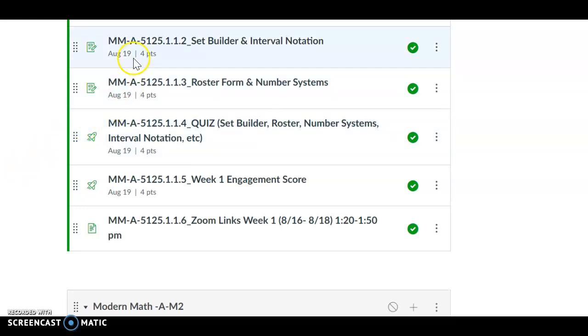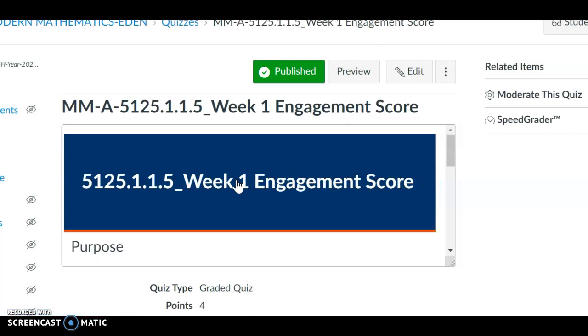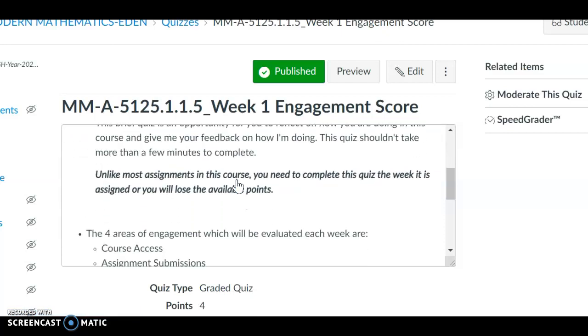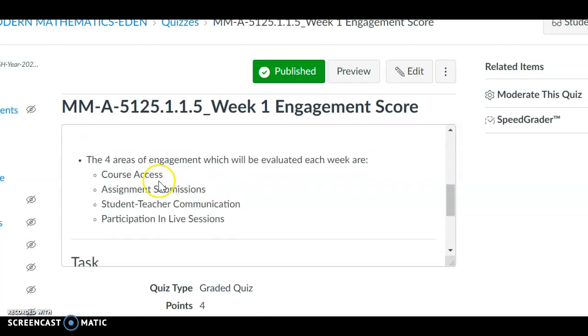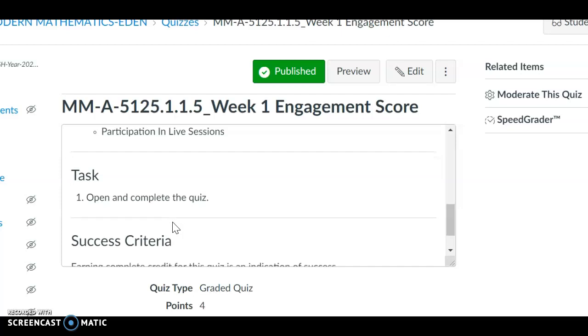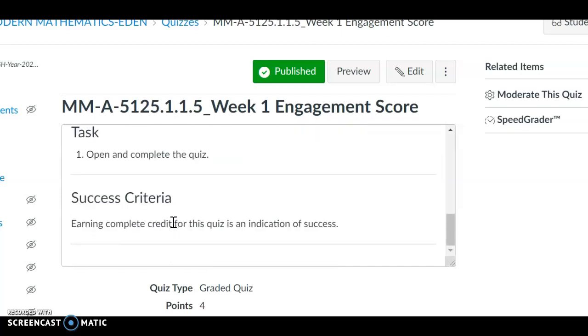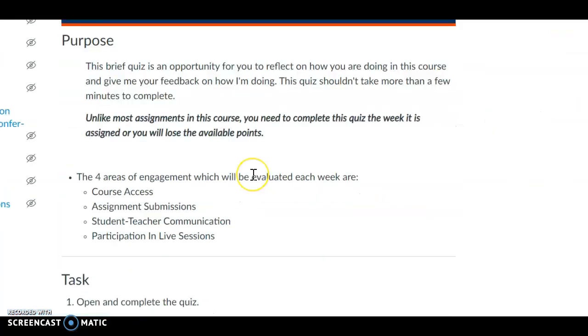So you'll navigate to the week that you're in, and I'm going to do week 1 engagement score. And then once you select it, it gives you some information about the 4 areas: course access, assignment submissions, student-teacher communication, and participation. It's 1 point for each criteria, but if you go to the quiz and you're going to start it,